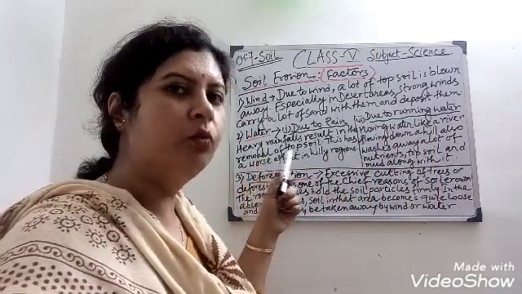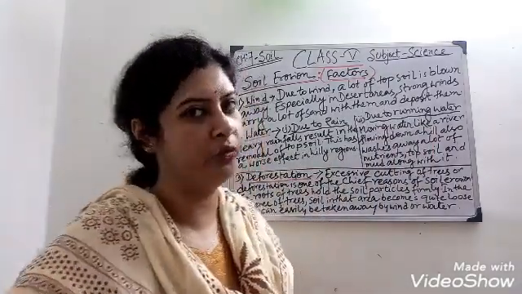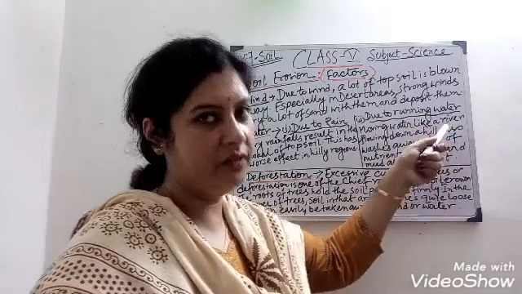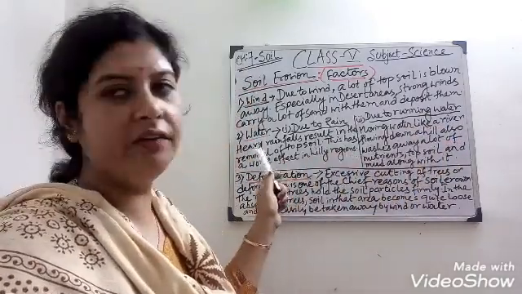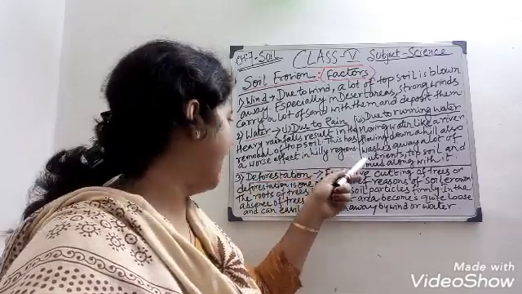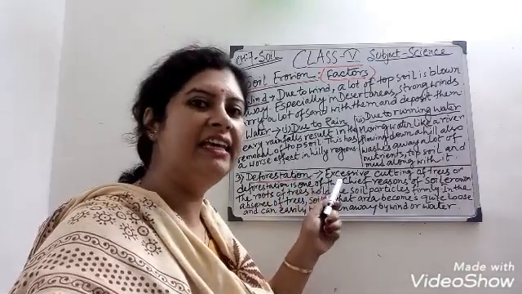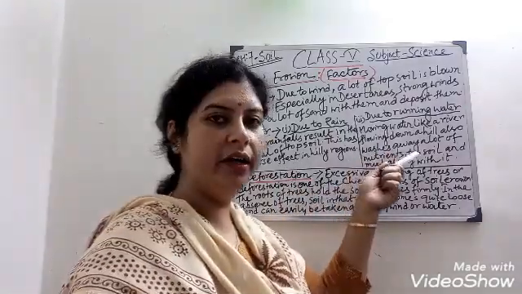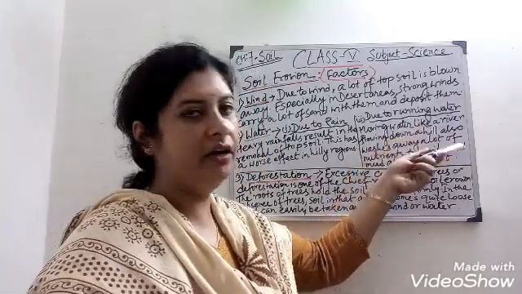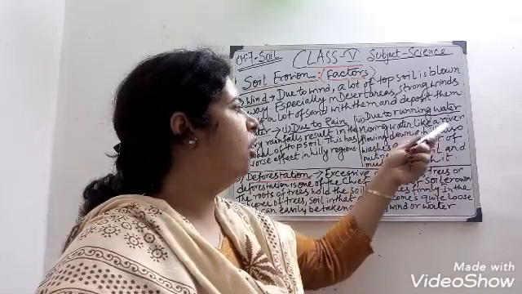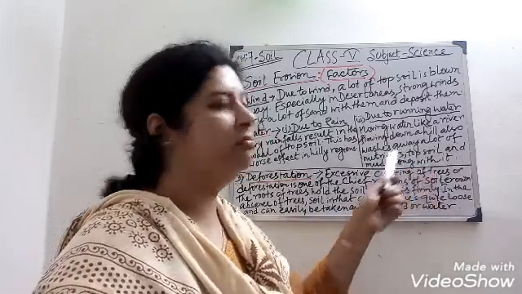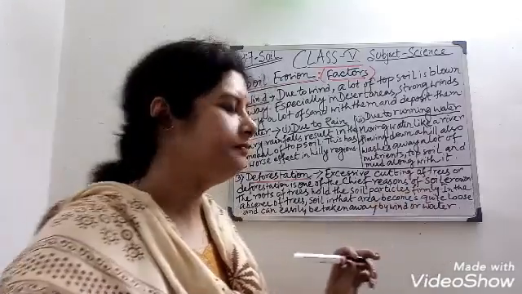Next point, water. Water causes soil erosion in mainly two ways. First, due to rain, and the second one, due to running water. First, due to rain. Heavy rainfall results in the removal of topsoil. This has a worse effect in hilly regions. And the second one, due to running water. Moving water like a river flowing down a hill also washes a lot of nutrients, topsoil and mud along with them.